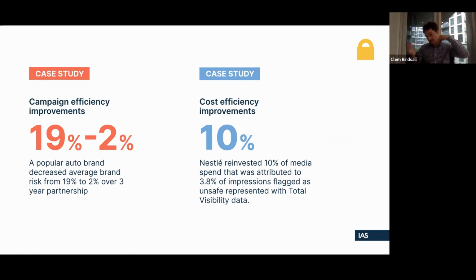So when we say 10%, the sites that they were buying, so of say a $100,000 budget, $10,000 was going towards 3.8% of the total delivery, but that was still costing 10% of their budget. So they were able to get rid of this really dense, expensive line that wasn't doing them any favors in terms of brand safety. And they were able to reinvest 10% of their budget into the more effective placements overall.